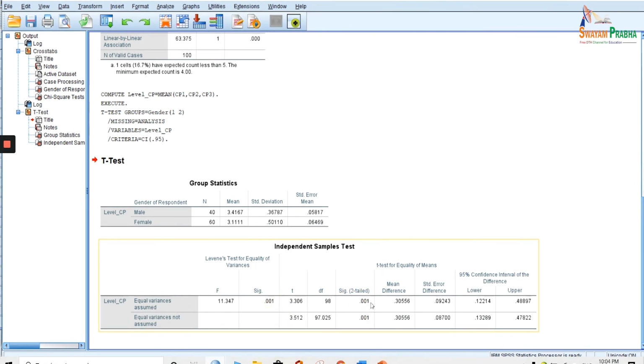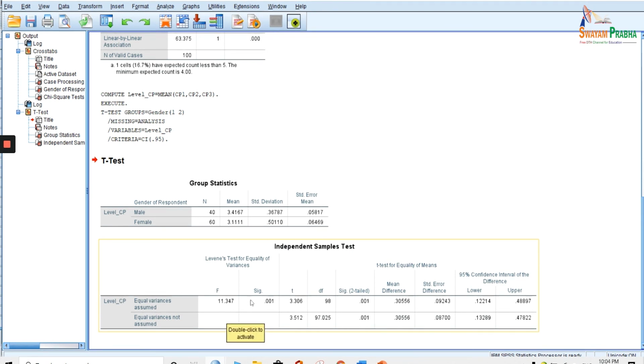I'm just repeating how to take the decision. Just look under the Levene's test, look at this significant value. If it is greater than 0.05, then follow this line and select this p-value to test the hypothesis. If it is less than 0.05, then come down and use this row, and then use this p-value. Although these two p-values seem to be the same, you will see that in not all cases these values are the same. So now I think you can easily tell me which row I should follow to take the p-value.